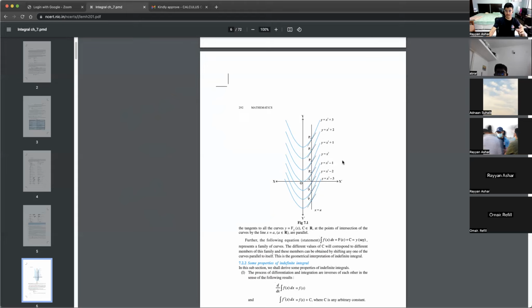However, the difference is that each of their c makes a different graph. So the family for all constants c in the function will give us different graphs. And an indefinite integral is essentially the integral of all of these different graphs that are formed. So basically, every single graph that is formed will be constituted